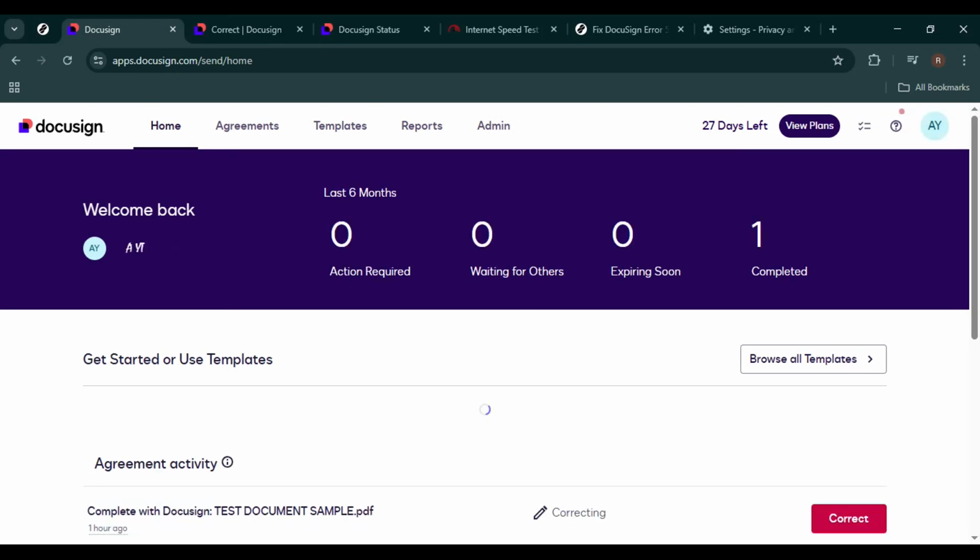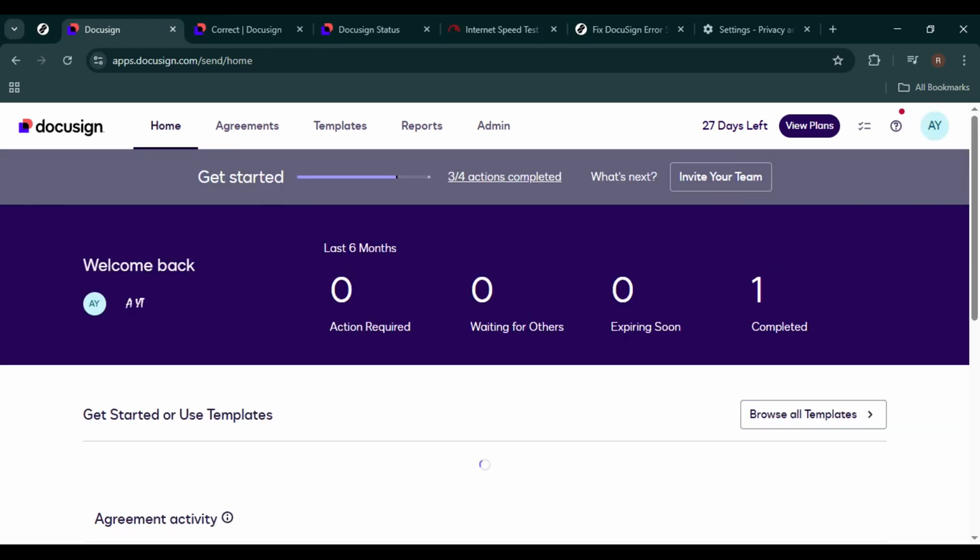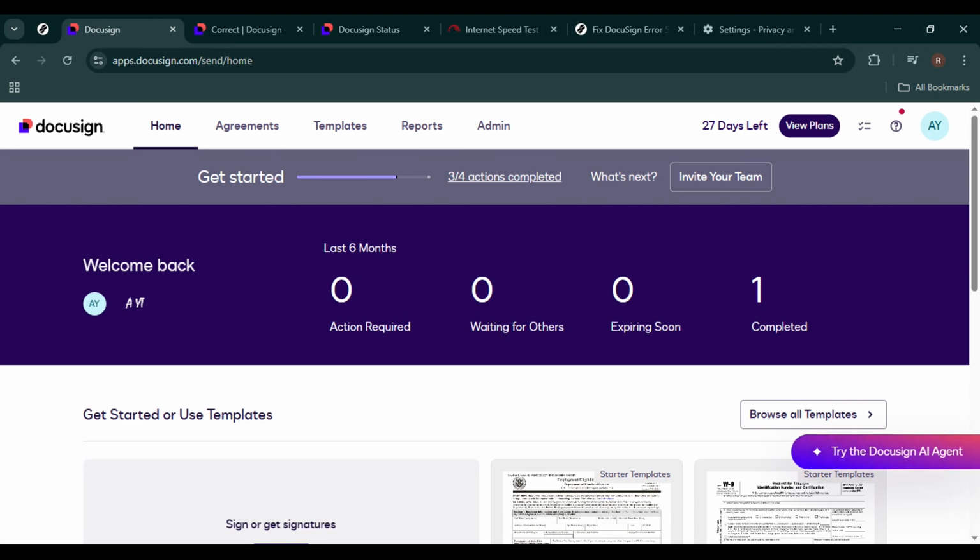In today's video, I'm going to show you exactly how to fix DocuSign error 550 quickly and easily. If you've tried sending an envelope and it fails with error 550, don't worry, this is a common issue and it's usually related to email delivery problems. I'll walk you step by step through the most effective ways to fix it, so your document gets delivered without